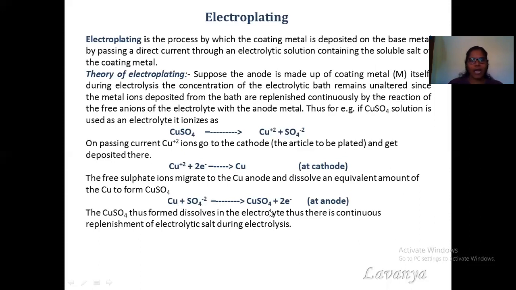As we took the anode the same as the solution, the copper anode can dissolve and maintain the concentration of the electrolyte all the time. But if we take an inert anode or any other noble metal, instead of the base metal that we want to coat, the electrolyte simply has to be added after some interval.